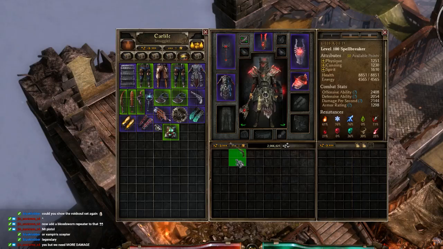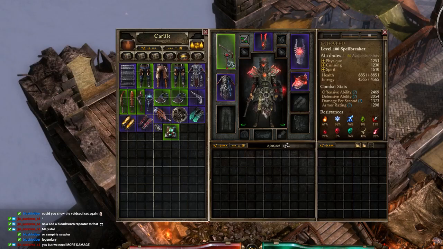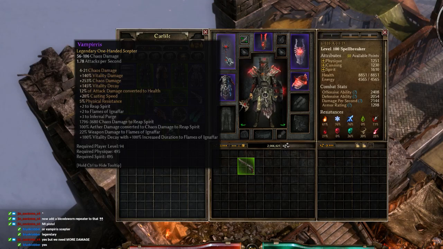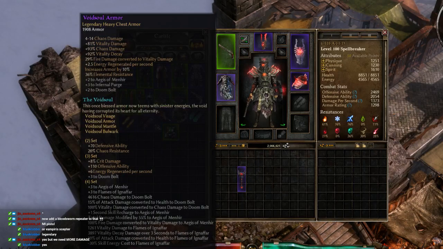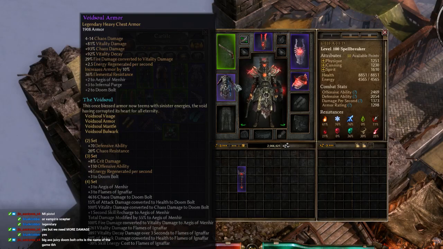Oh, is that for running flames with this? Game has to think a second before it rotates the weapon. I think Jin was looking for Doombolt spam, which is why he wanted that pistol. Yep, and then the